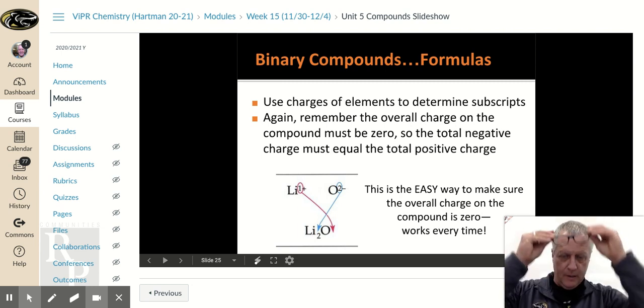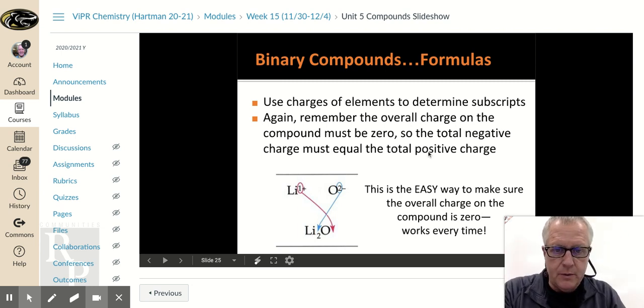And so what happens is, you will begin to know what charges elements have, like lithium being an alkali metal always has a +1 charge, and oxygen is in group 16, and so it's always going to be 2 minus because it's going to want to reach the octet rule to be like a noble gas. But anyway, knowing those things and having some insight into that,